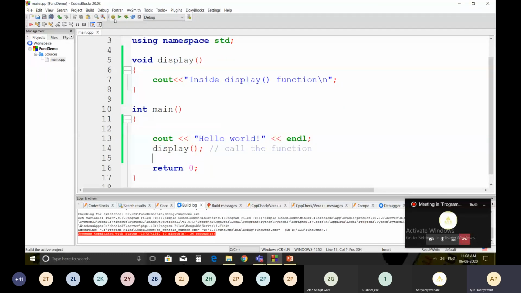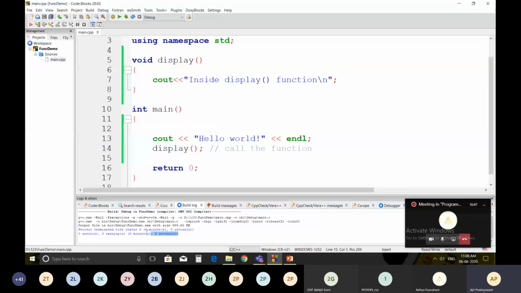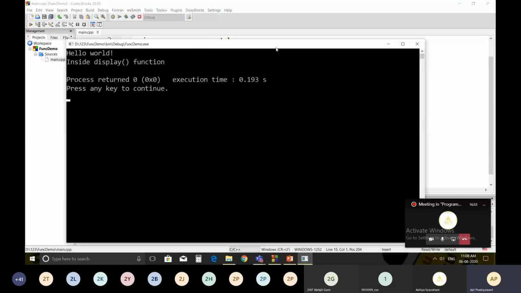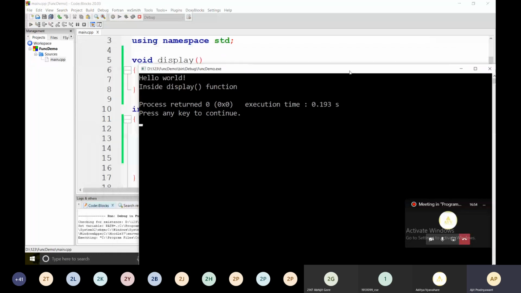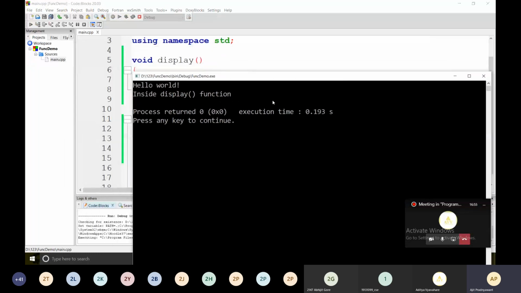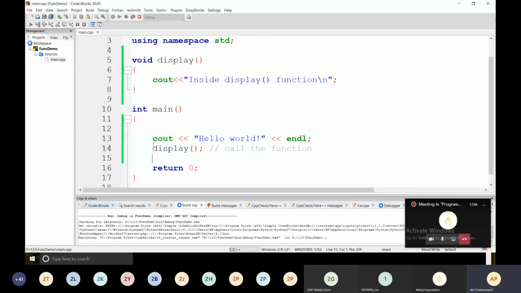Save it and compile it again. There are 0 errors, and then I'm going to execute. Now see the output. The output is hello world and then inside display function. Why is it so? Because we have called this display function below the hello world.